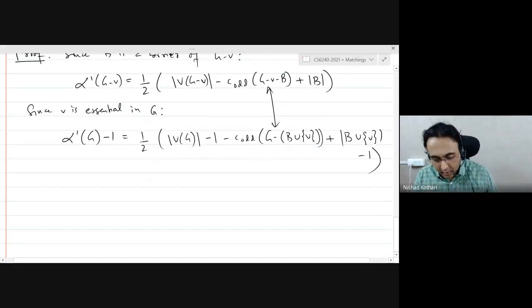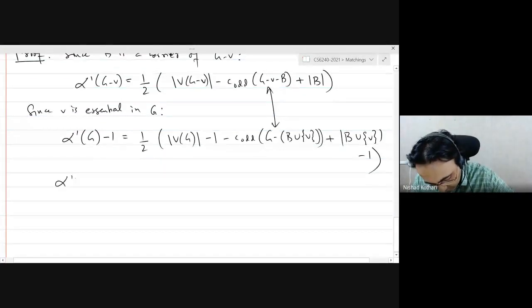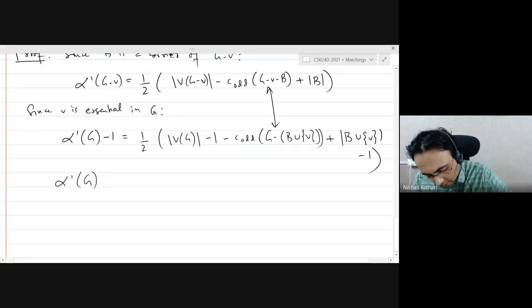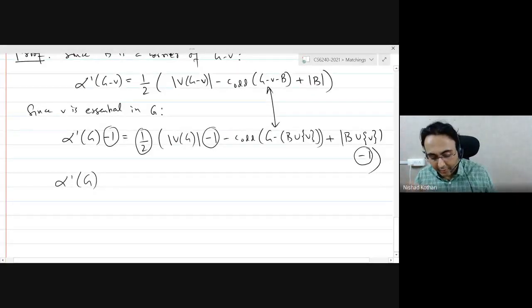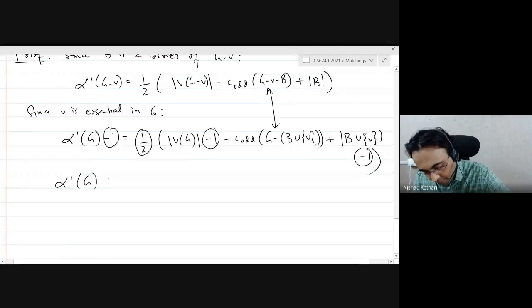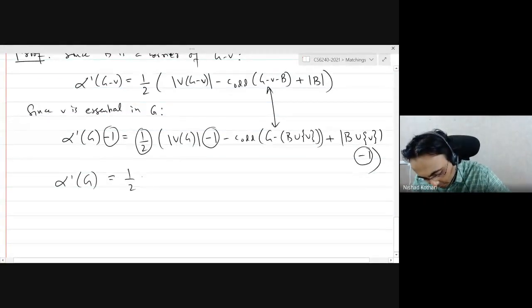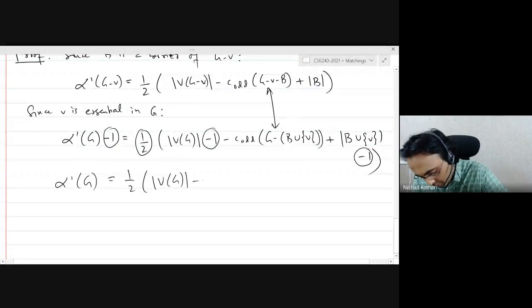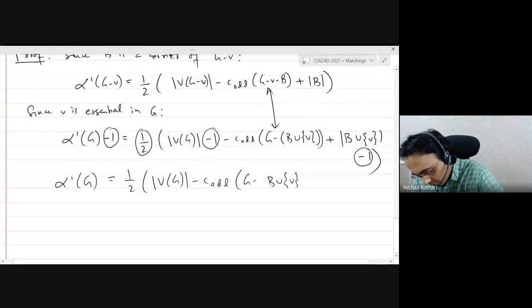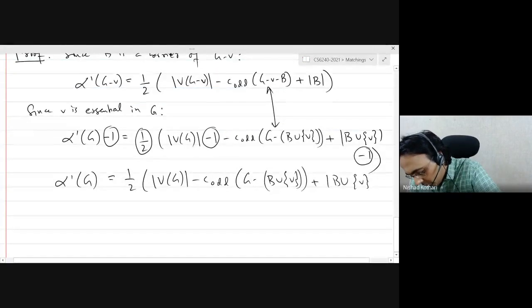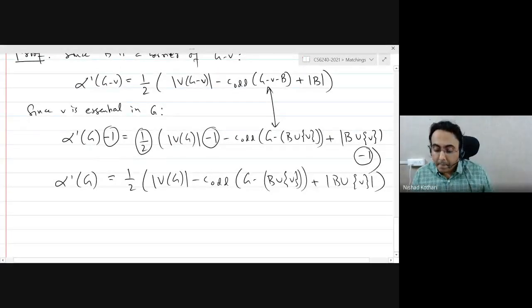Okay. All right. And well, now I have a minus 1 here, and I have a minus 1 minus 2 multiplied by a half. So I can remove those two minus 1s, right? And what I get is the following equation. Right?